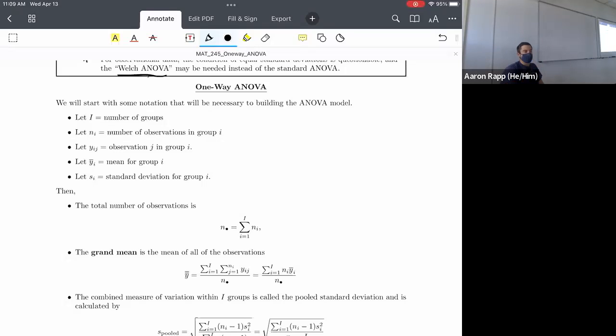So first things first, capital I, we're just going to let that be the number of groups that we have. Okay. Once I understand the number of groups I have, within each group I'm going to have a certain number of observations. So we're still going to let n represent the sample size, but I'm going to put a subscript there. That subscript can be 1, 2, 3, 4, and so on, and what that's going to correspond with. So if n1,